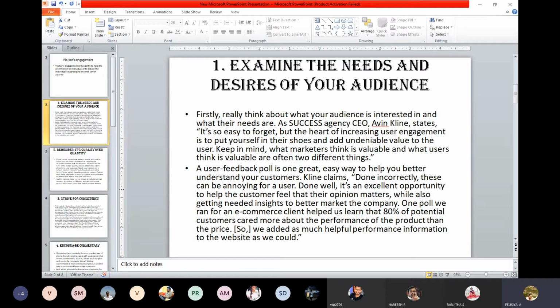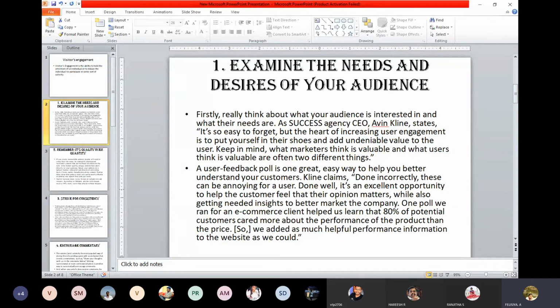of your audience. Then only will they engage in your content for a long period of time, because they will compare their problem with the content you have written. If it matches, then they will try their level best to get engaged, or they will expect more content from you. Okay, so that is the reason the first point plays a very important role, that is, examine the needs and desires